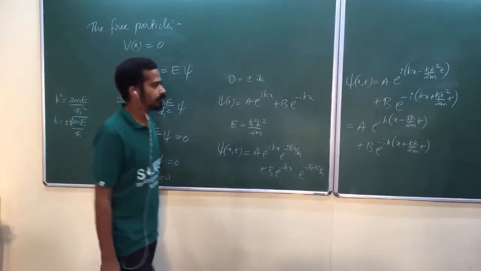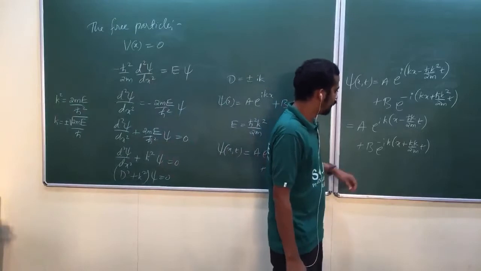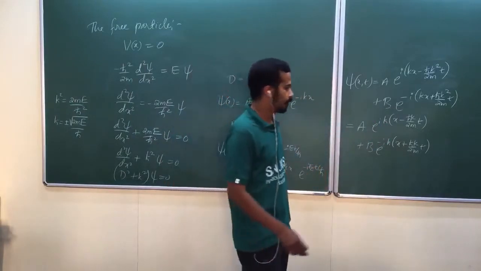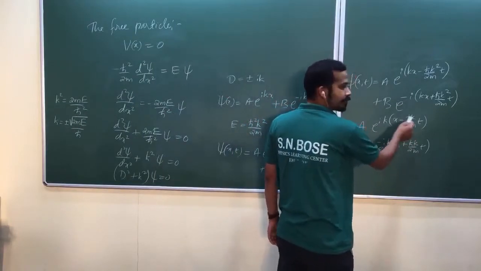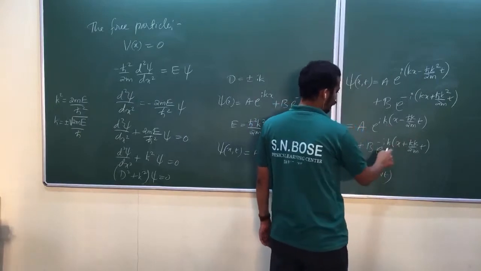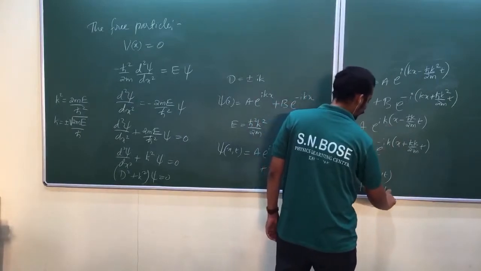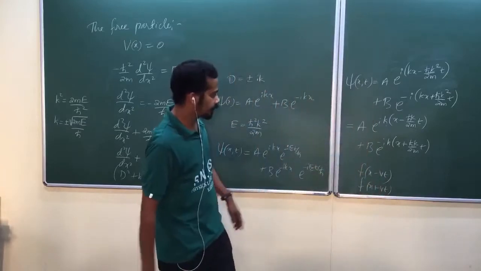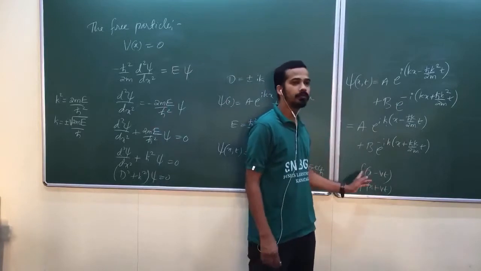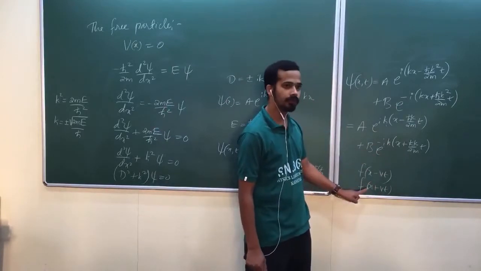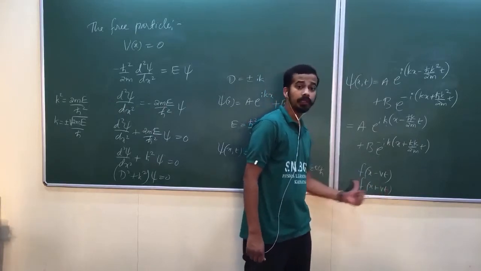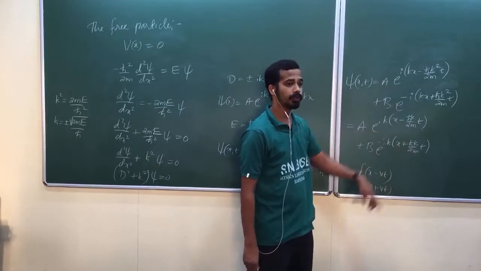Now let me argue this one in electrodynamics, okay? This will represent a wave traveling to the right, in the positive x direction. You can see this as x minus vt. This is a function of x minus vt, and this is a function of x plus vt. Let me argue in electrodynamics. This kind of function will represent a wave traveling to the right, positive x-axis. This kind of function will represent a wave traveling to the left, negative x-axis. X plus vt, negative x-axis; x minus vt, positive x-axis.